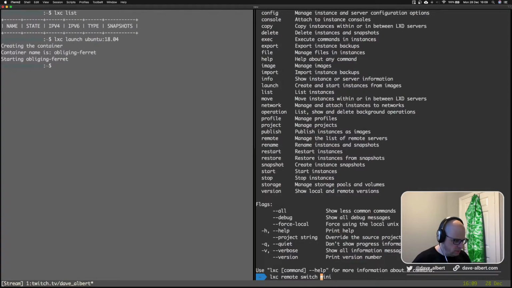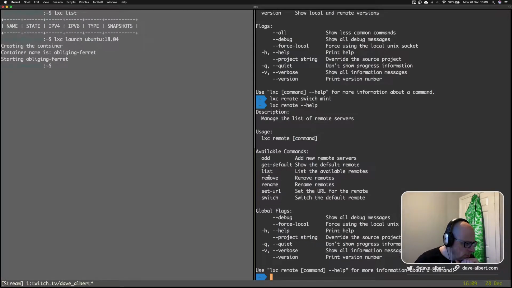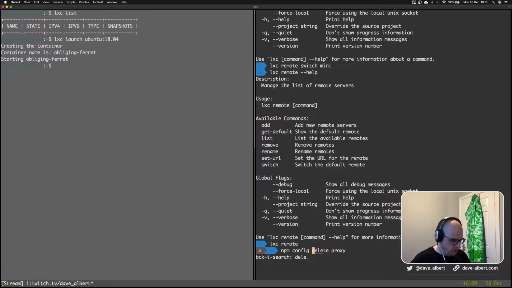Switch to mini, and then I believe there's a remote default. List, switch the default. It's switch. Oh, we just did that. So we should be able to